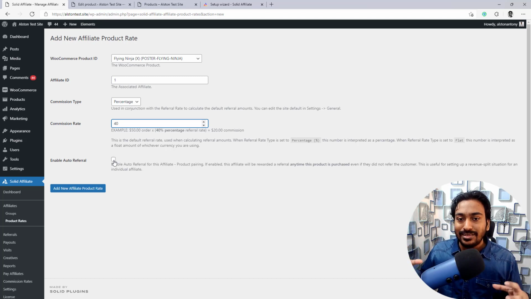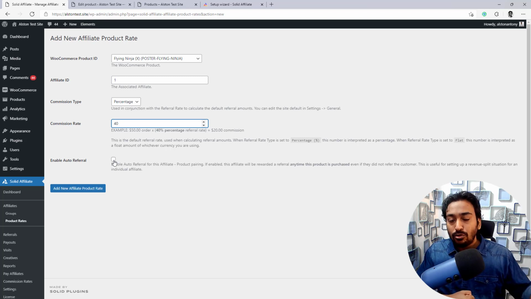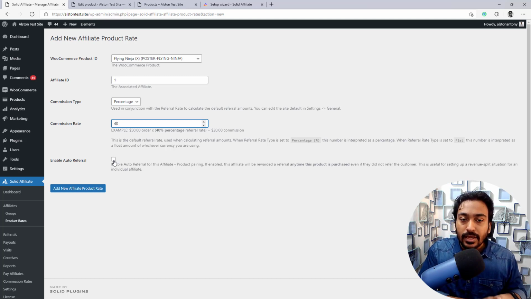So whenever this particular product is sold, I want to pay this person this particular amount. It does not matter whether it is the person who sent out the referral or bought the product, I want to pay the commission or some kind of royalty for this person. I can turn this option on as well, and it will automatically pay that particular person also.